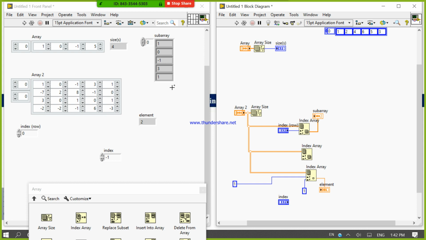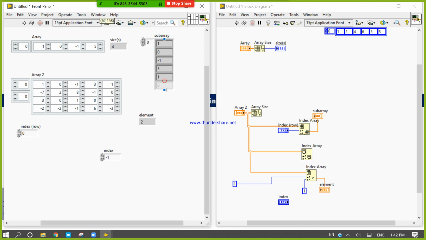Now you can access this row only, a single row, because the column has not been connected or initialized, and the row has been connected and initialized. If I change the value to 1, I can access row number 1. If I change it to 2, I can access row number 2.